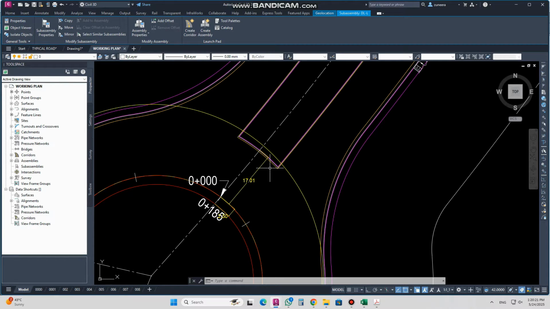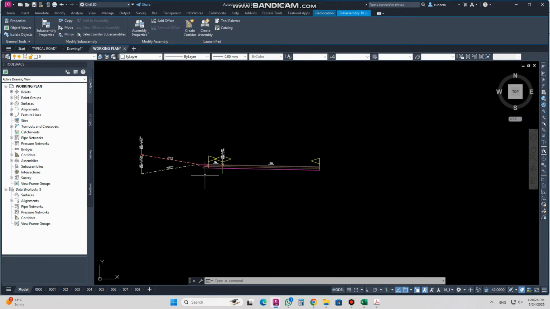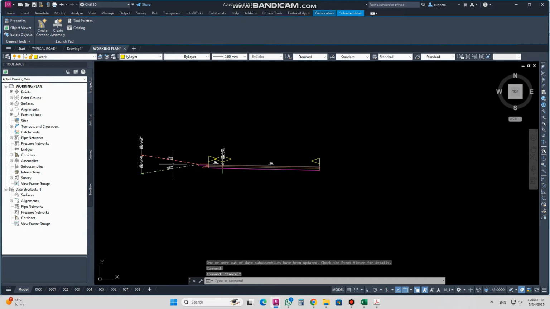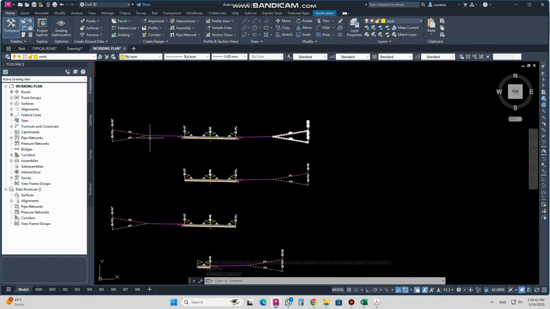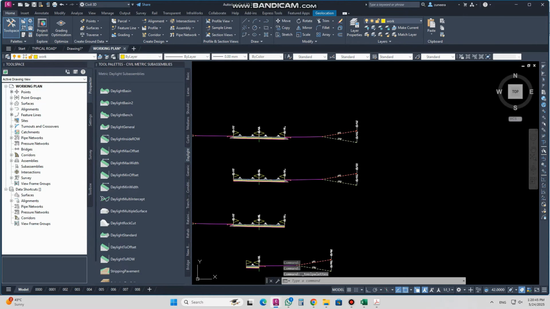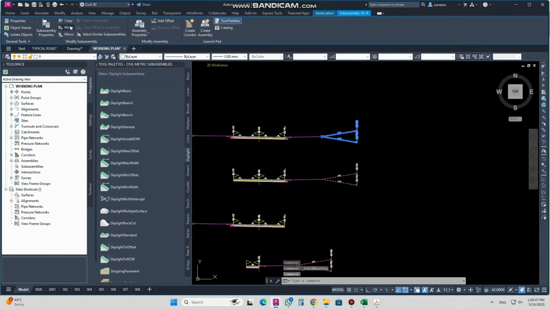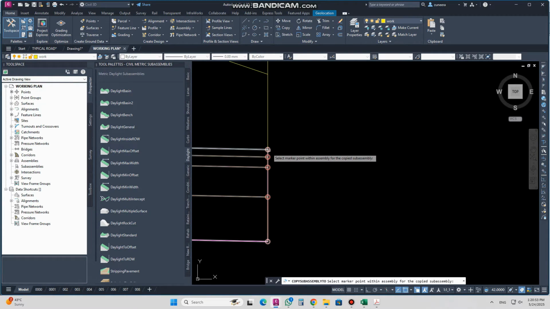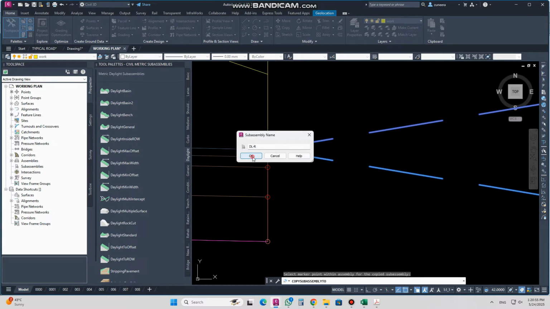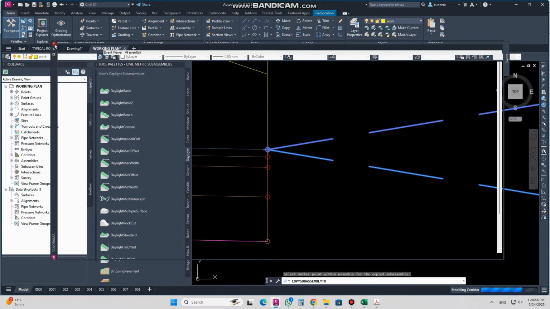So for the right side, you can see here, it will connect to this road, so it means no need for any daylight, or I will put the vertical. You can leave it as like here, or just copy this one. Let's copy from the right side, or if you want, there are two options. Just copy this one to the side here. From this side it will connect to the, and from the properties,